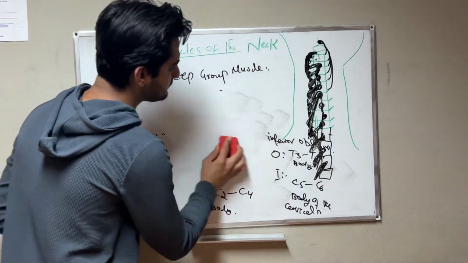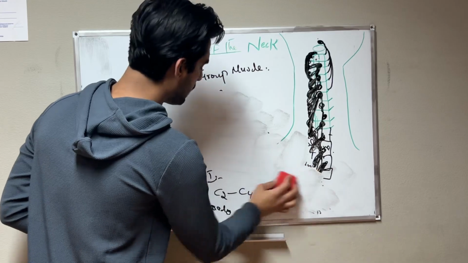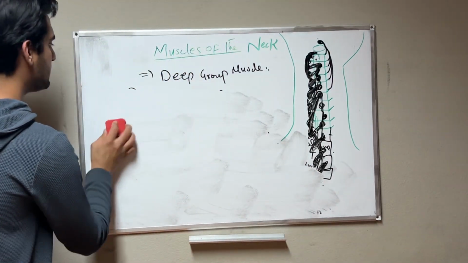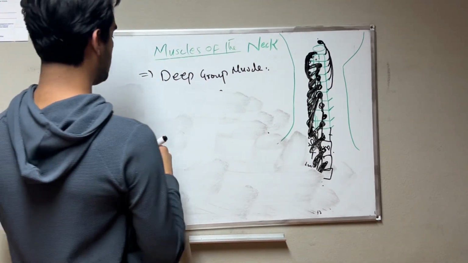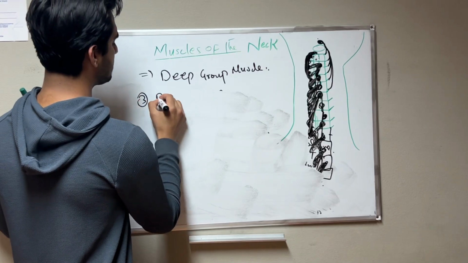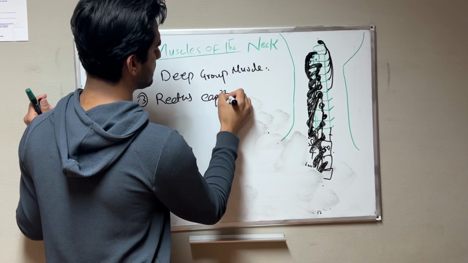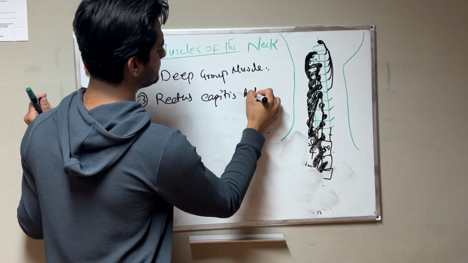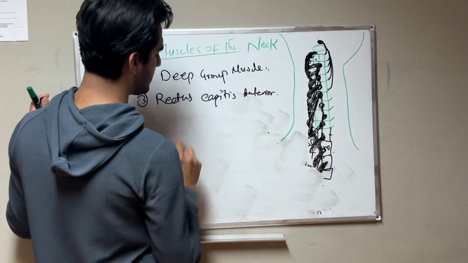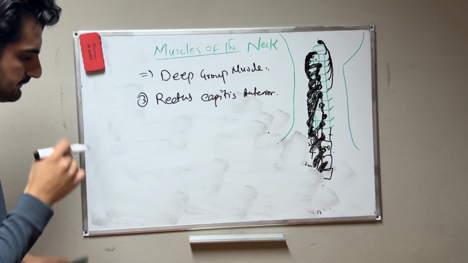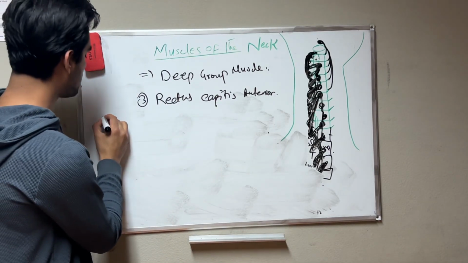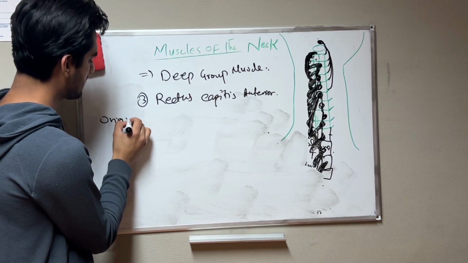Now we have the third muscle. Its name is rectus capitis anterior. If you talk about the origin and insertion,